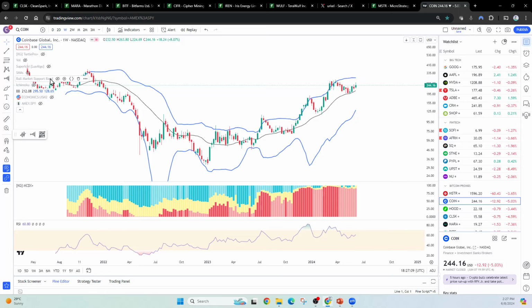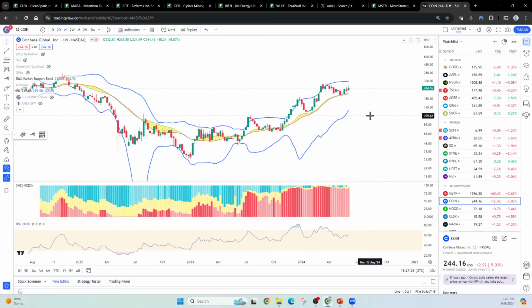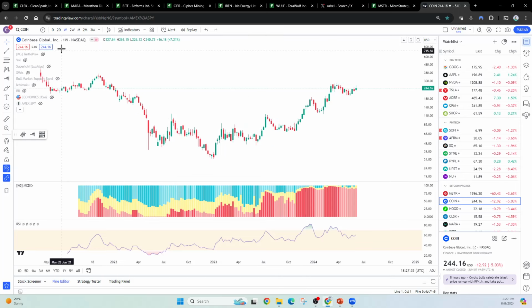We'll see. If you look at the bull market support band, which is basically incorporating the 20-week moving average, it's also served as very nice support during the entire bull market upwards for the whole last year and a half, right? We just bounce off of it and it's serving as very good support. Looks like the band's also wanting to possibly continue to slope upwards as support to push the bull market up further. So all these things are very much lining up together to tell you that, hey, something good